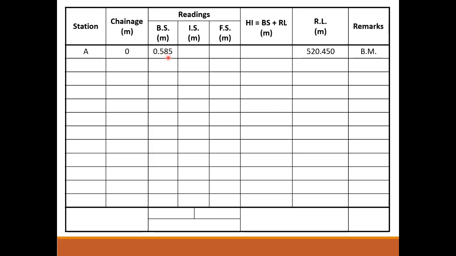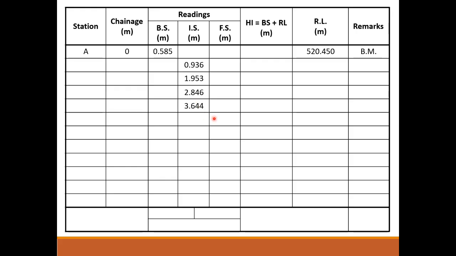Then we read the reading by using some leveling equipment. In that case, we got the value 0.585. Similarly, second reading was 0.936, third was 1.953, fourth was 2.846, and fifth was 3.644. Now, it is given in the question that after the sixth reading, the position of the level was changed, which